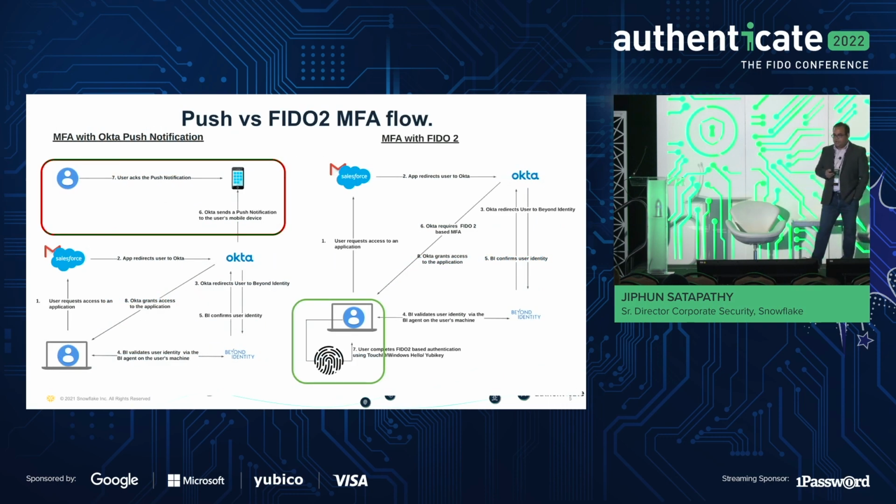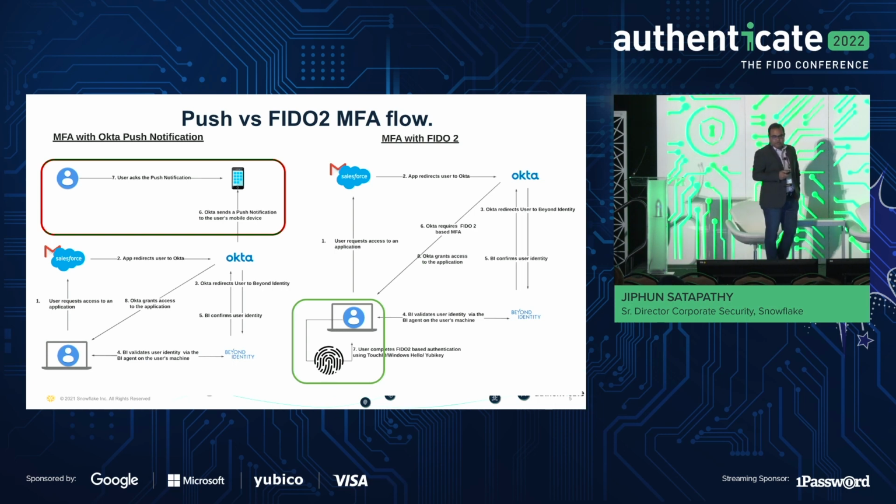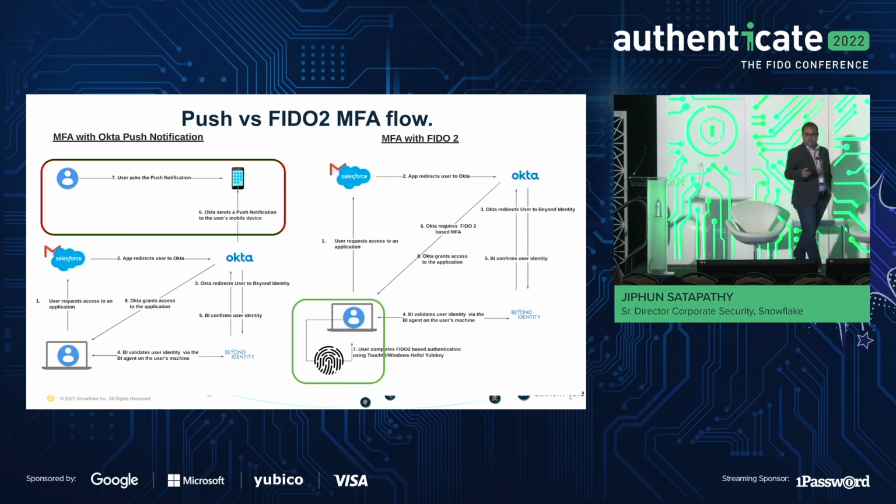Cool. So this is a comparison that I would like to show you. How does it look in our lay of the land, and with FIDO2, how did we change? Let's walk through a very basic workflow. Let's say an employee is using a company-provided laptop to access some of the SaaS applications like Gmail or Salesforce or G Suite or G Drive or whatever it is. So how does the flow look? The person opens the account and tries to log in. In our case, we have onboarded Okta as our primary SSO. So obviously, the auth gets redirected to Okta.